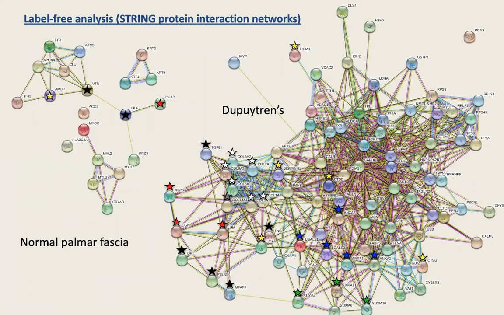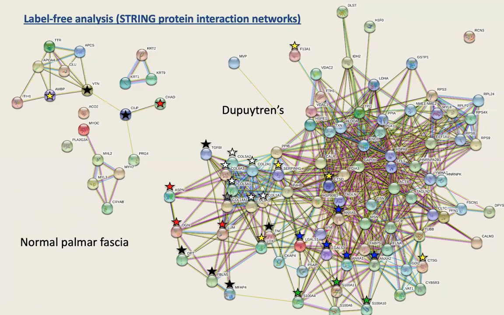Looking at our label-free analysis, we found a group of proteins in normal palmar fascia, particularly myocilin. Myocilin is of interest because it's a Wnt pathway regulator, and Wnt signaling can be disturbed in Dupuytren's disease. In the Dupuytren samples, we found a large number of proteins were more highly abundant, including collagens, other extracellular matrix proteins, and cellular proteins. And how these proteins interact with each other was visualized using STRING, which is a virtual